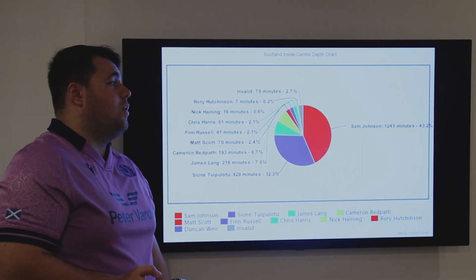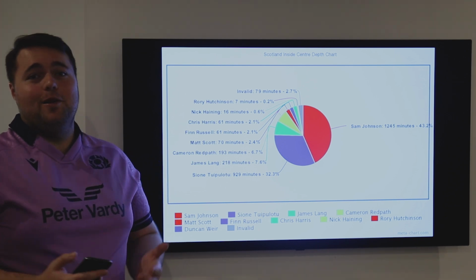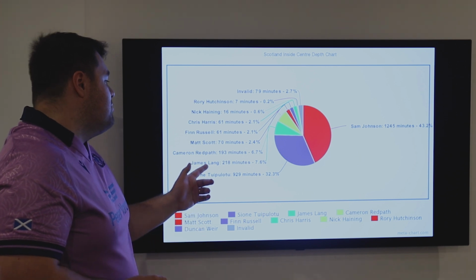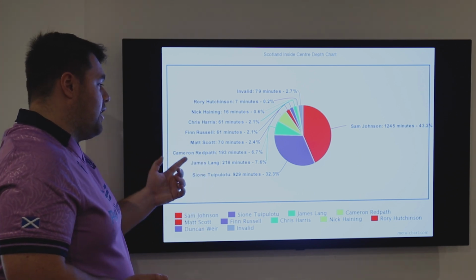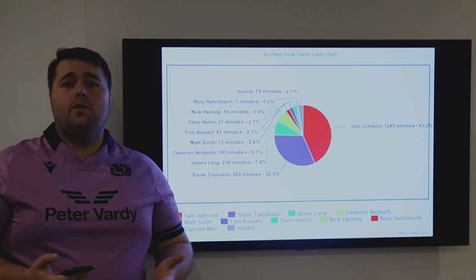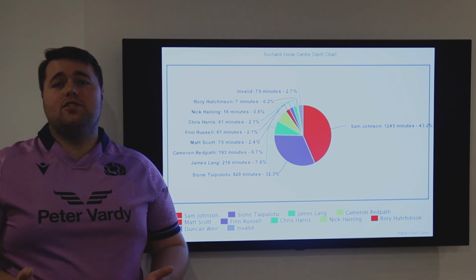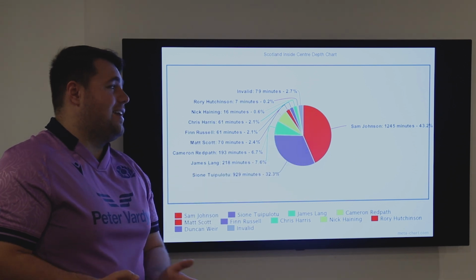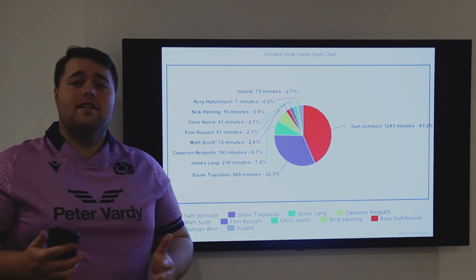Over to 12 though. Sione Tuipulotu will almost definitely be able to overtake Sam Johnson by the World Cup as well. We do have decent minutes to James Lang and Cameron Redpath as well, who have both played some pretty decent matches throughout the Townsend era. Sam Johnson, though it's a bit nerve-wracking to see a guy that's been out for so long take such a decent